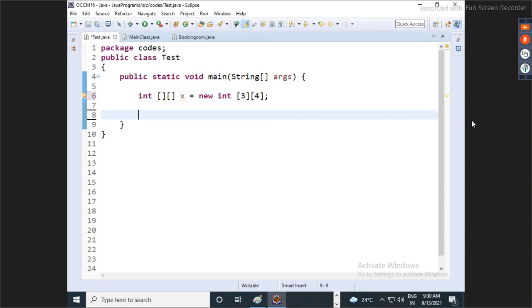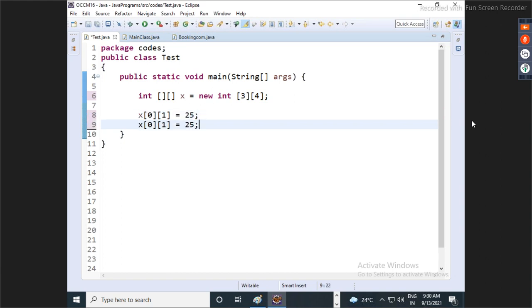Now here guys, let's say I will add some data: x of 0, 1 equals 25. Or else let's say 2.